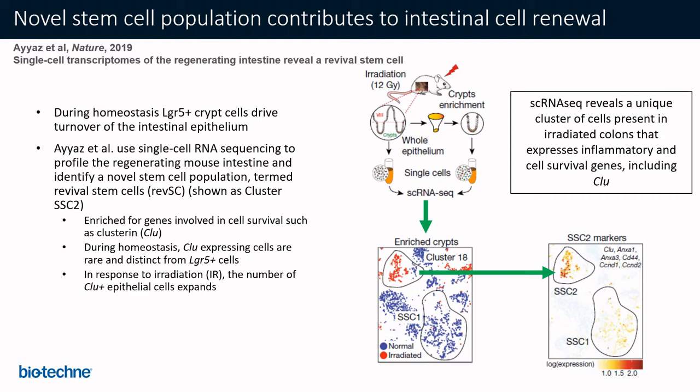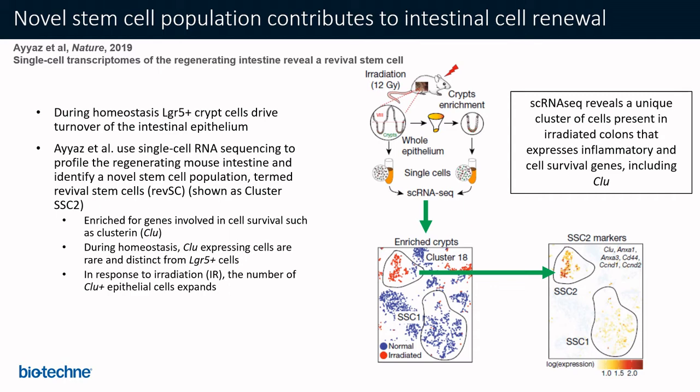What they found was that these stem cells were enriched for genes involved in cell survival, such as clusterin, or CLU. Now, during homeostasis, these CLU-expressing cells were rare, and they were distinct from these Lgr5 positive cells. But they also saw that in response to irradiation, the number of these CLU-positive epithelial cells expands, so basically